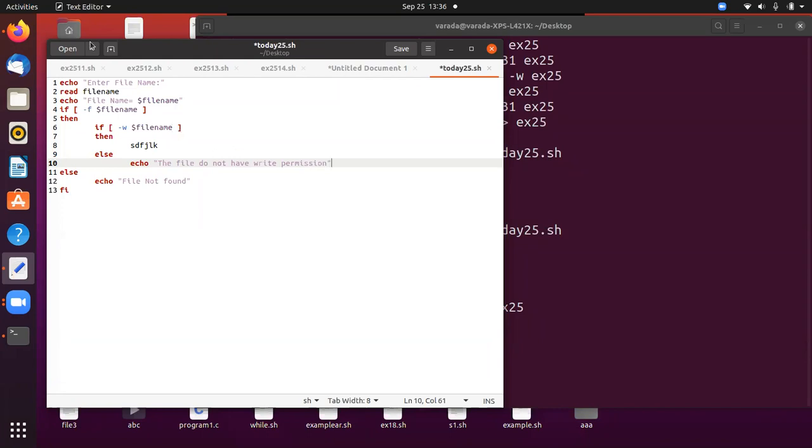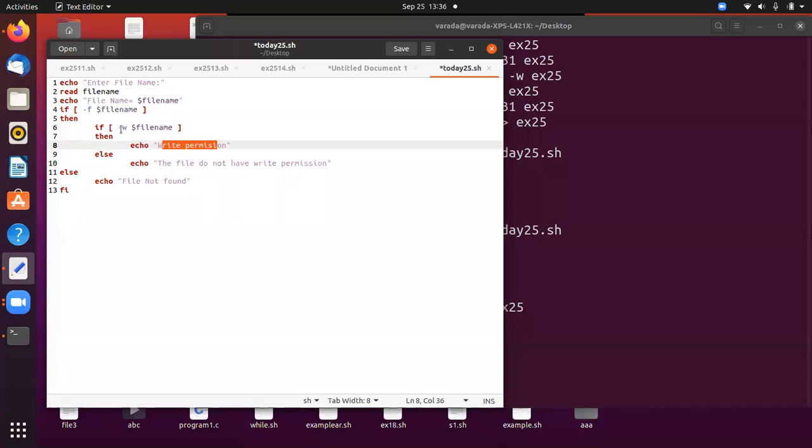Okay, I hope you all understand. Here, for example, we can change the echo to "write permission". We can check these two. That means if that file has write permission, then it prints "write permission".